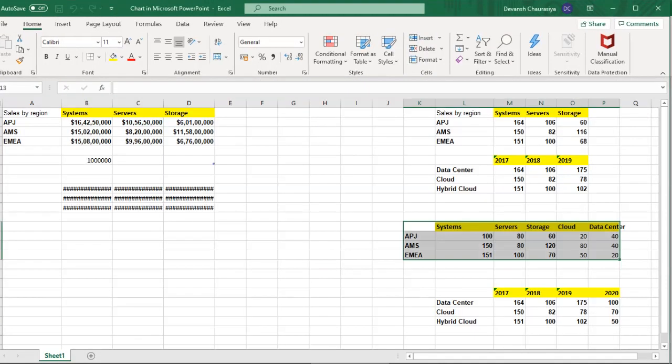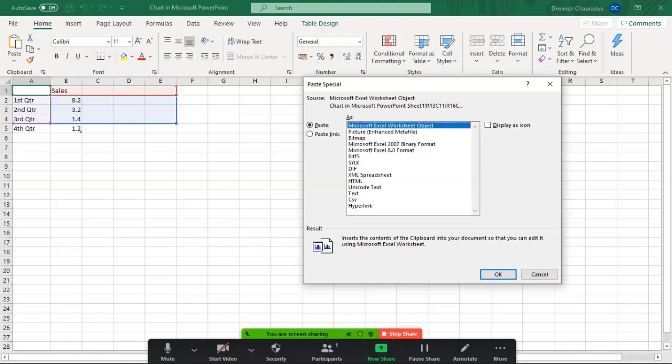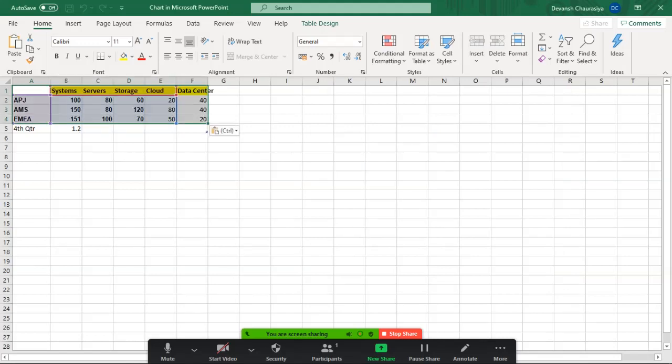Let me take this data, Control C, and Control V directly, drag it till here.